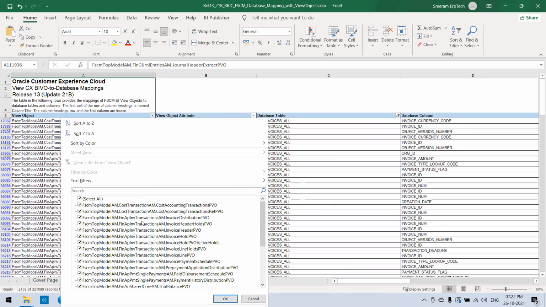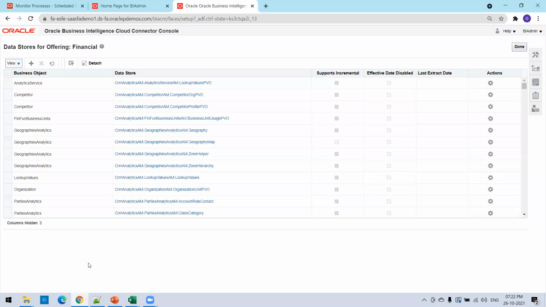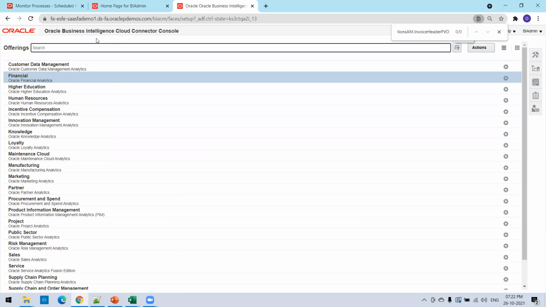Some information will tell you, like a transaction invoice header PVO. Okay, I'll select this one. Now this is my offering name. Once I get the offering name, I can search here and select that. Now here it is not having any of this information. So now what I'll do is